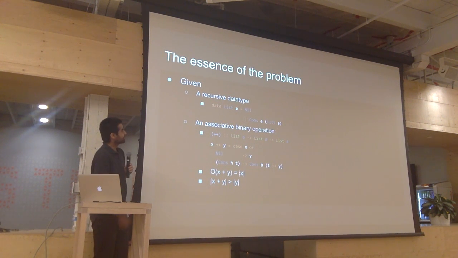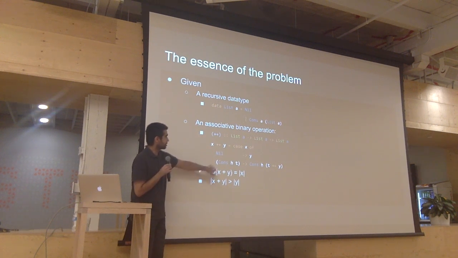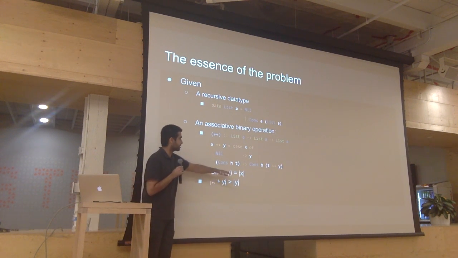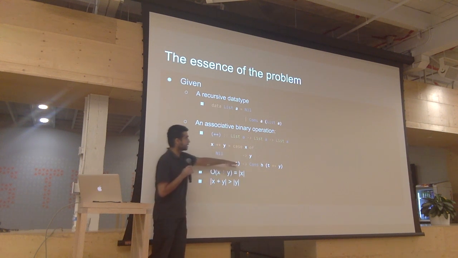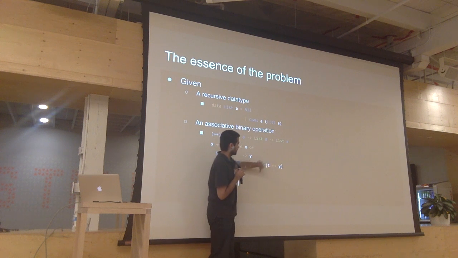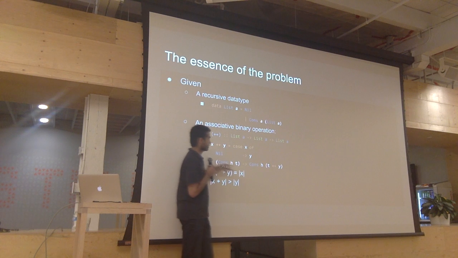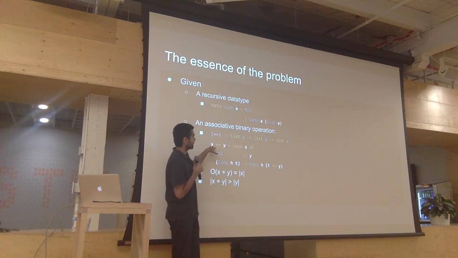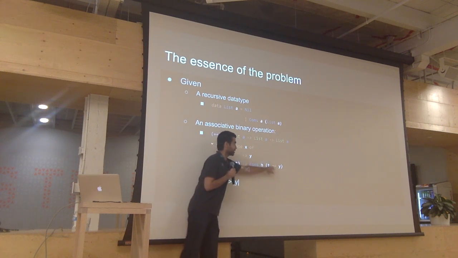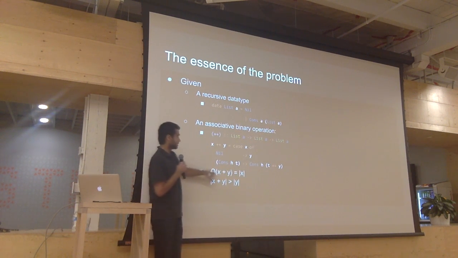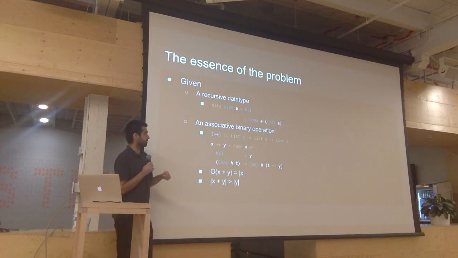So the cost of appending X and Y is really just however large X is, because we will keep descending in this cons, and we will keep expanding this and repeatedly doing the same operation. If it's again a cons, it will go through this again until you've broken X, the first argument, all the way down to the nil point, and then you just say, okay, nil plus Y is just Y, right? So this is the size of X. That's roughly, you can add in constants and multiply with some coefficient there. But this is what it is.